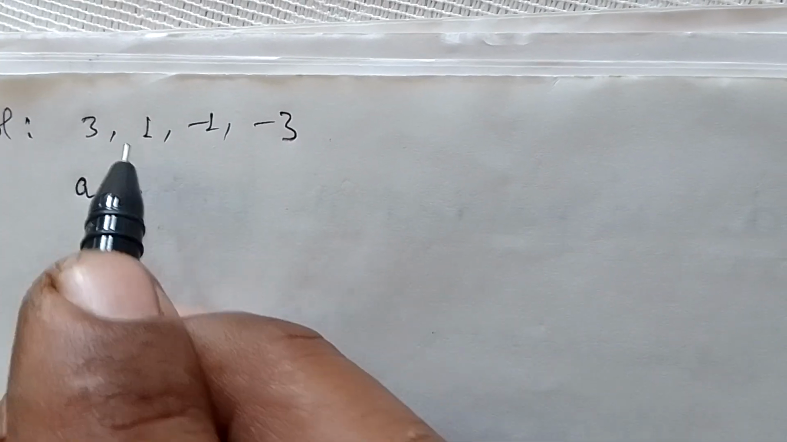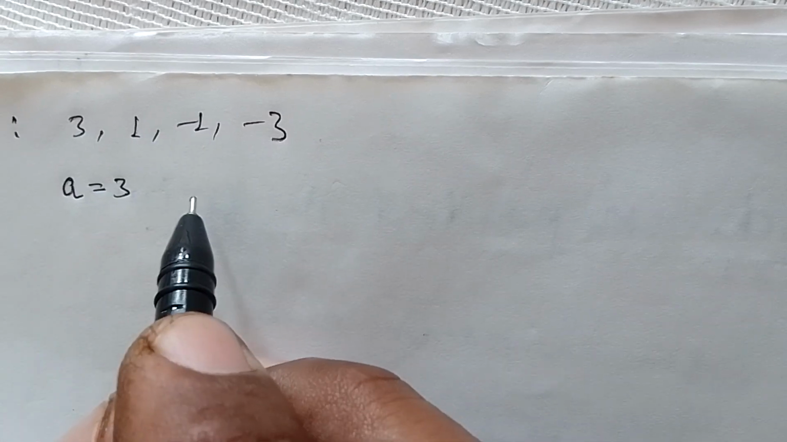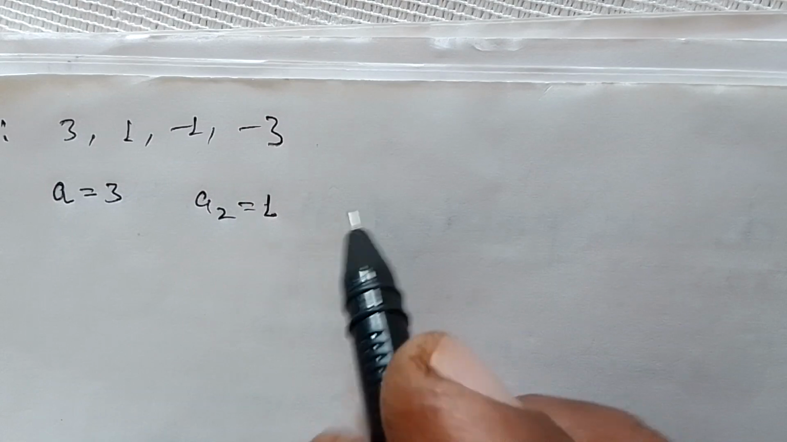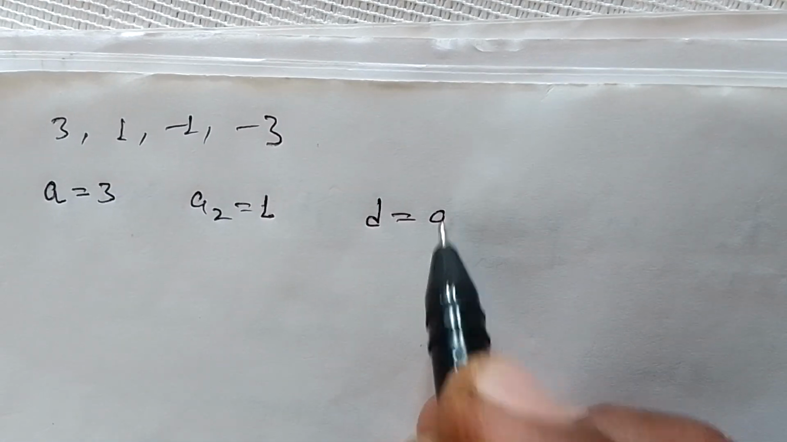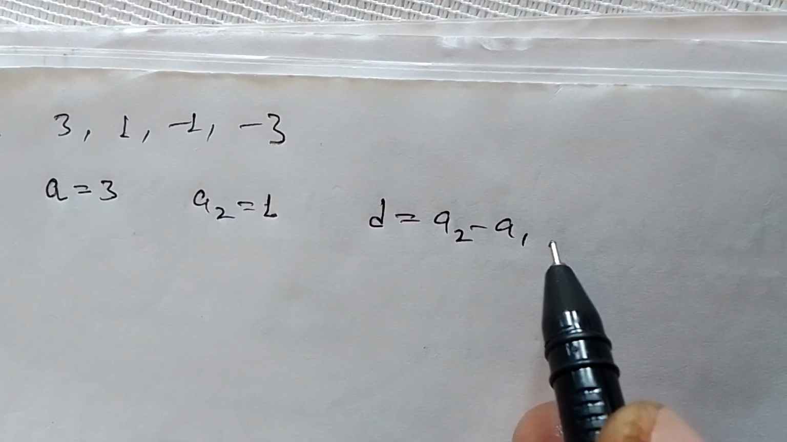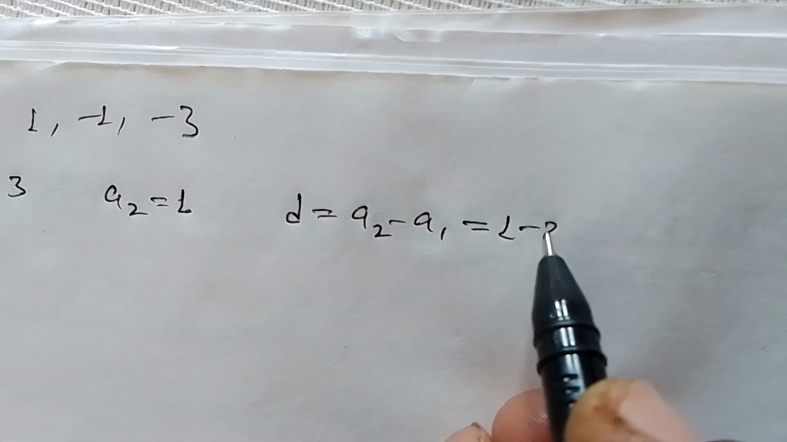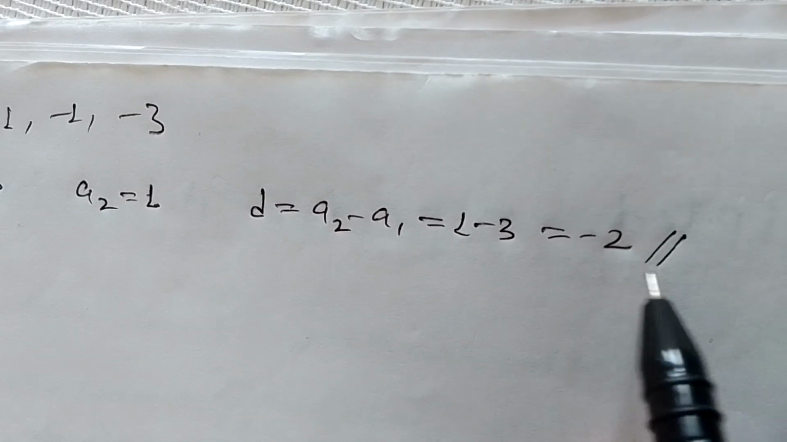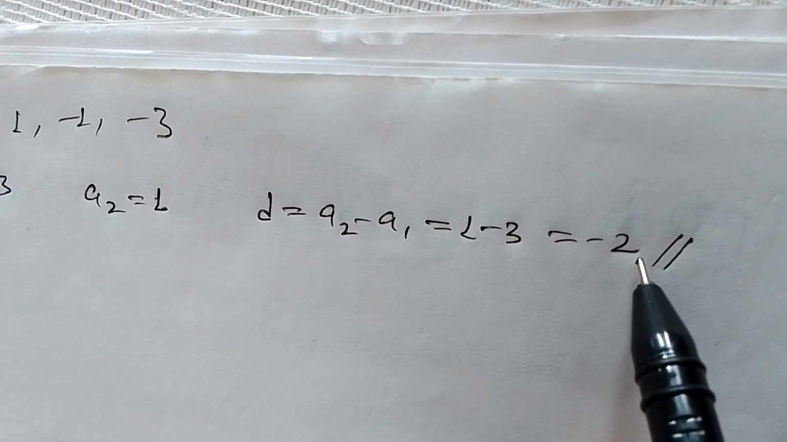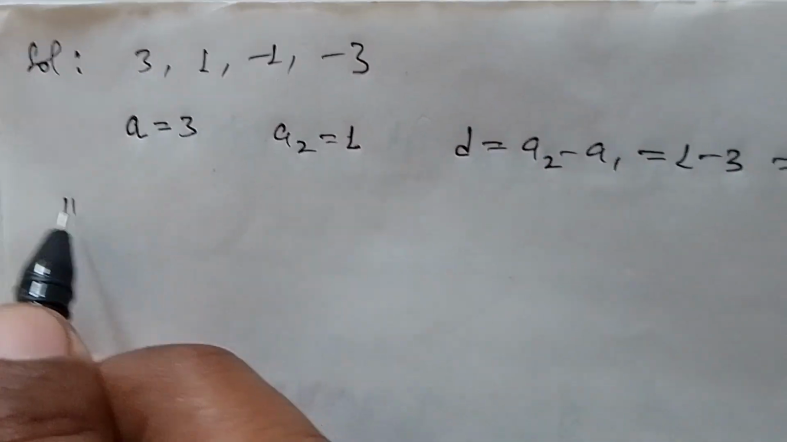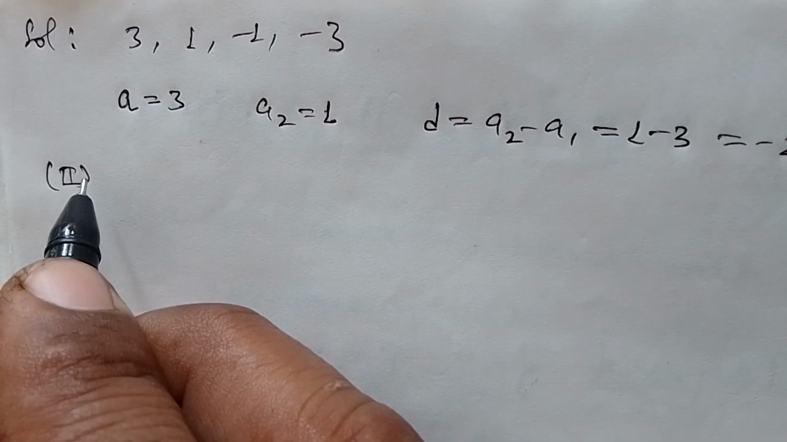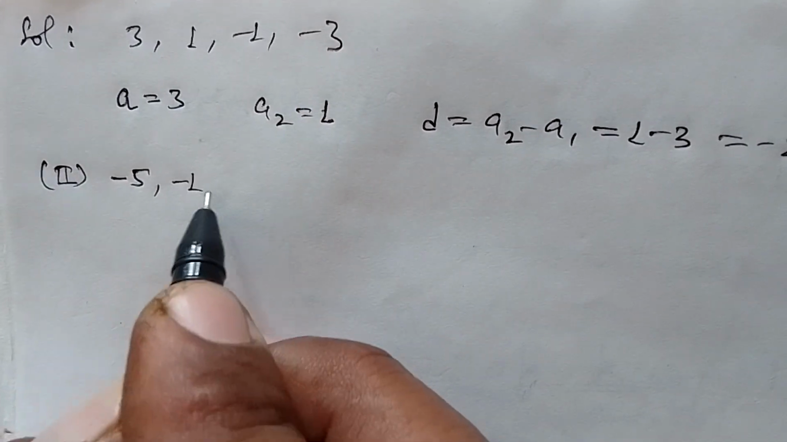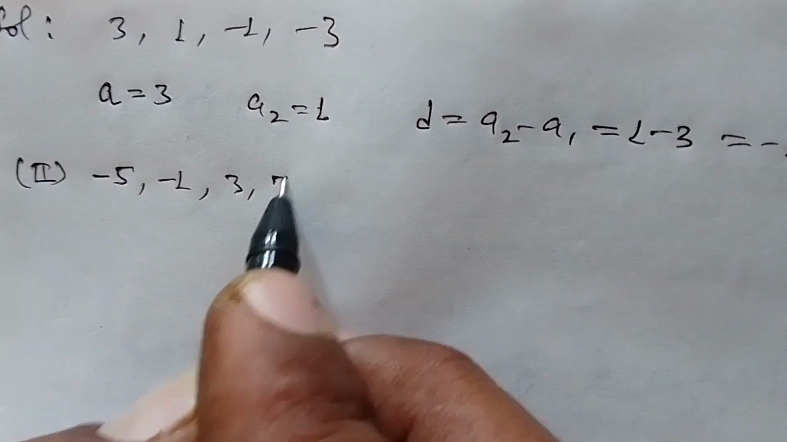Then the second term, A2, is equal to 1. So for the common difference, you know that A2 minus A1, that is 1 minus 3, is equal to -2. So this is the answer of the first part of the question. Common difference is -2. Now the second part of the question, having the terms -5, -1, 3, 7,